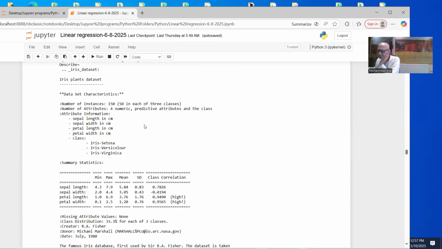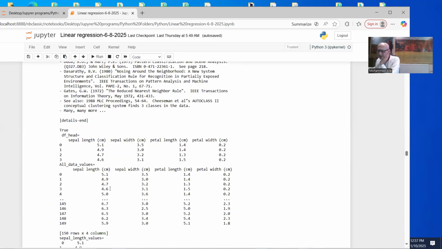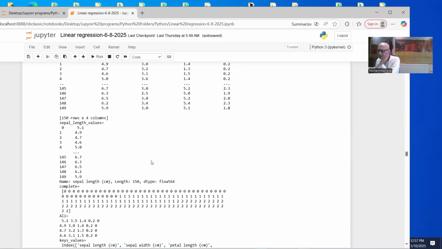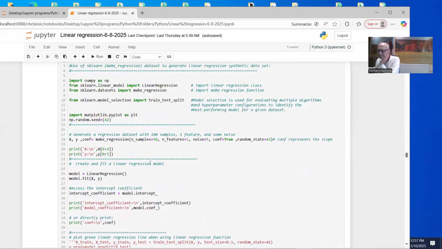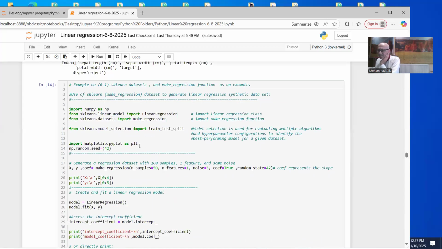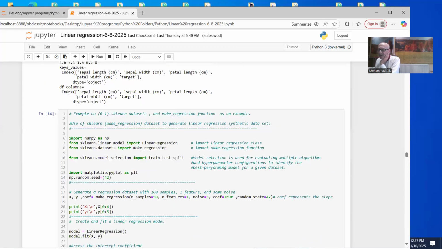Here the names are: sepal length, sepal width, petal length, petal width. At the end, you will get only these names here. So sepal length, sepal width, petal length, and petal width, as you see, and also